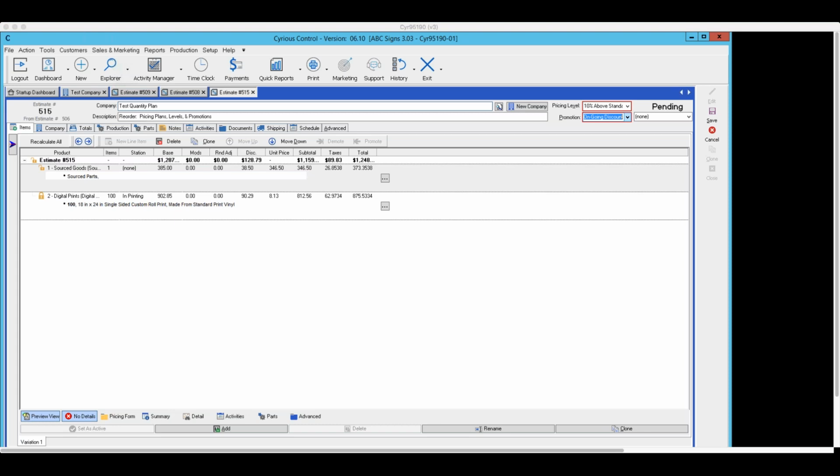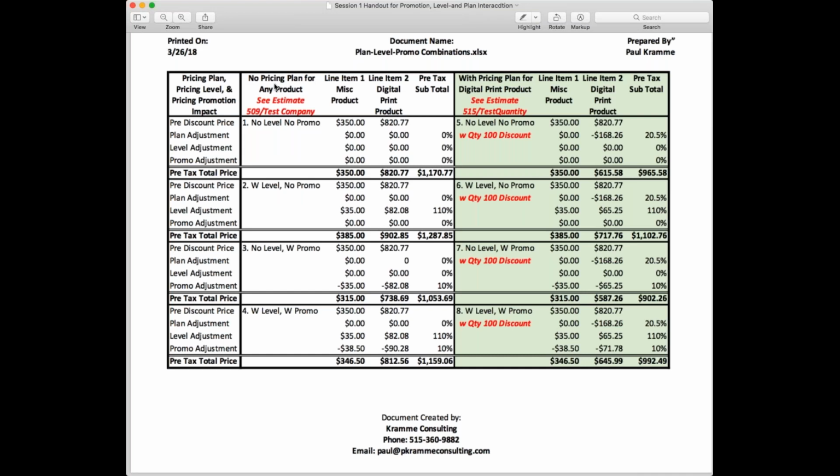because the significance of those is that the purpose of this is to illustrate the interaction and how these work with each other. So this first one is where I had the 2 line items, that's over here in control. First line item was 350. Second line item had a calculated price of 820. There was no pricing plan, there was no pricing level, and there was no promotion. So the results, okay? The second example,